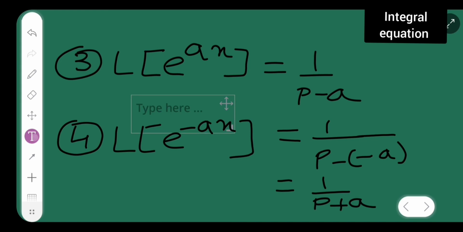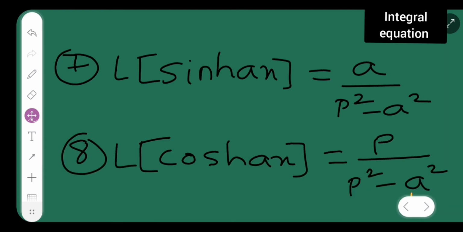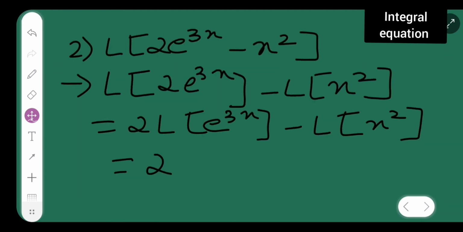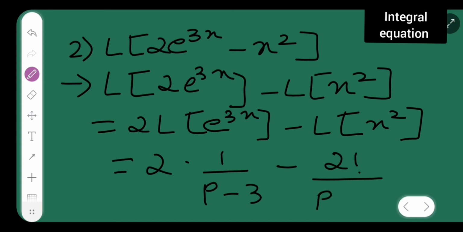So we have to apply one formula. So we are supposed to use this formula. Laplace of e raised to power of ax is nothing but 1 upon p minus a. What is a? This term, 3. So let me directly do this part. Twice 1 upon p minus 3, minus, what is Laplace of x the whole square? It was n factorial upon p raised to power of n plus 1. What is my n over here? x raised to power of n, no? So it is 2 factorial upon p raised to power of n plus 1, with n equal to 2, so 2 plus 1.